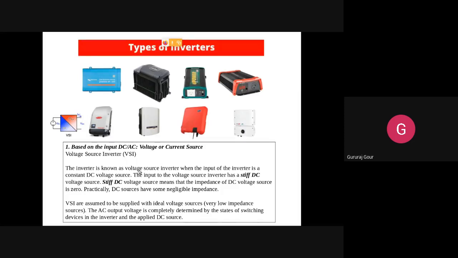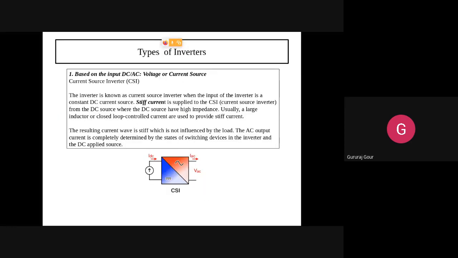So these two factors are going to decide what kind of AC ratings you are going to get. This is how, guys, you need to first explain, based on what kind of input you are going to apply. First one we have seen is the voltage source inverter. The second one we are getting is the current source inverter. So in place of voltage source, now we'll be having current source. You can see the symbol here.